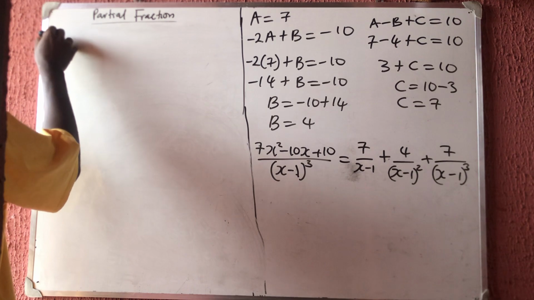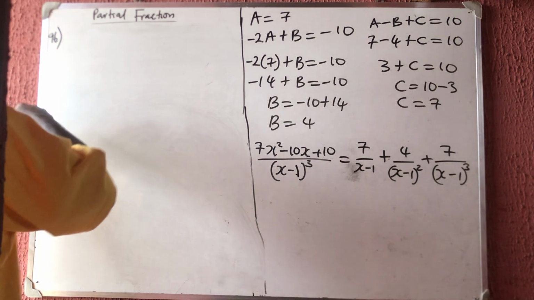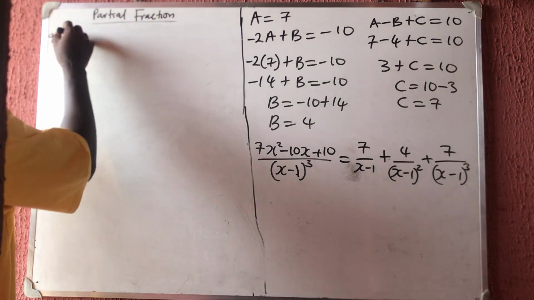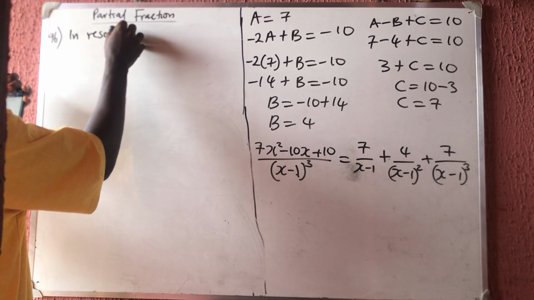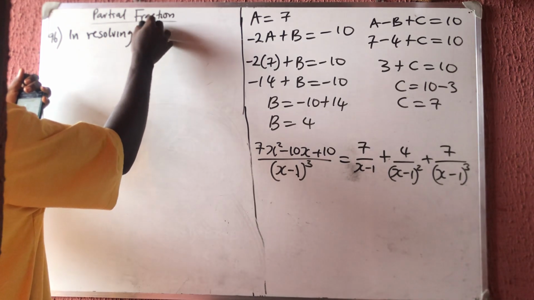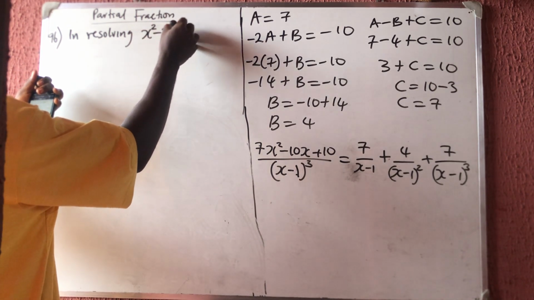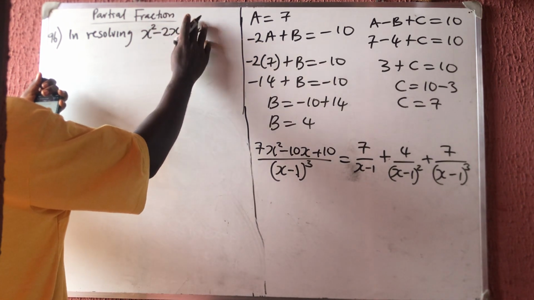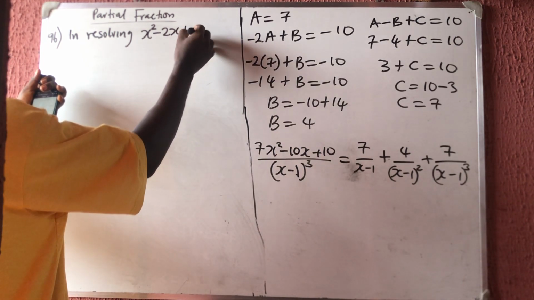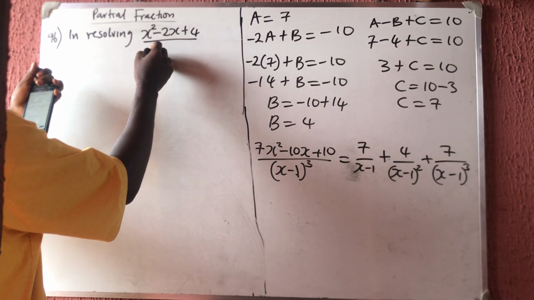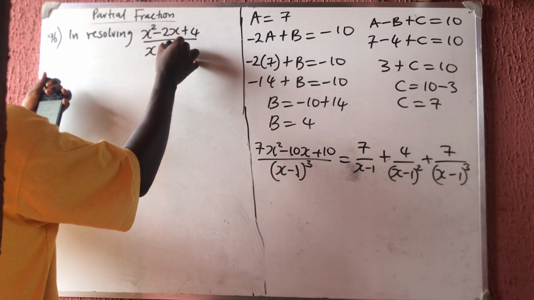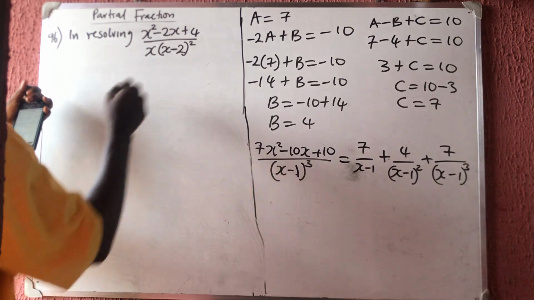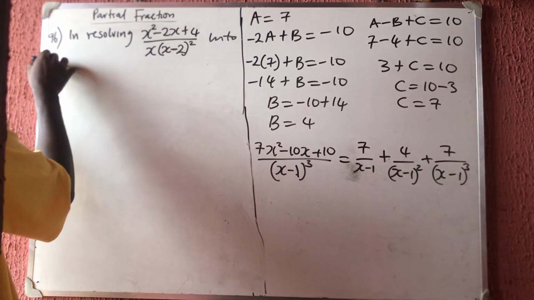Question number 96 said, in resolving x squared minus 2x plus 4 all over x into x minus 2 all squared into partial fraction,